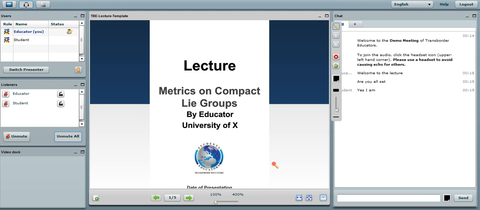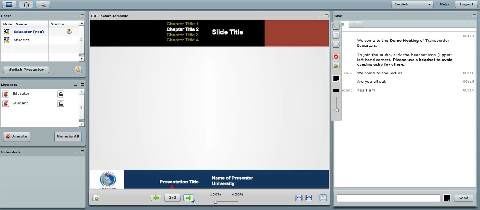clearly see it. So today's lecture is on metrics on compact Lie groups. But before we would do that, we would want to give a short review of the concept of the derivative of a covariant tensor field on a Riemannian manifold. So that is what we will first take a look at. So I click on to go to the next slide, and then with my electronic pen I can begin to write. So we will be looking at the